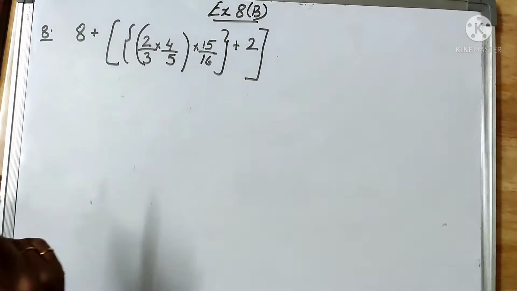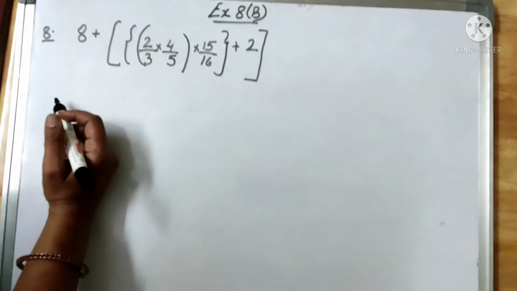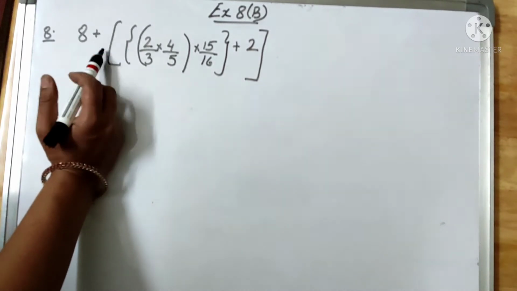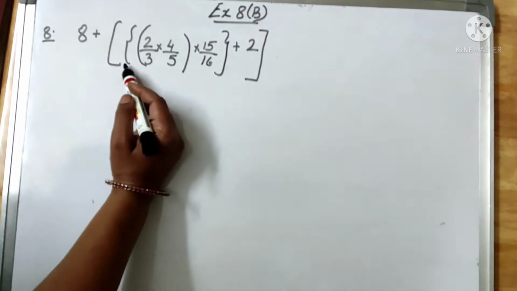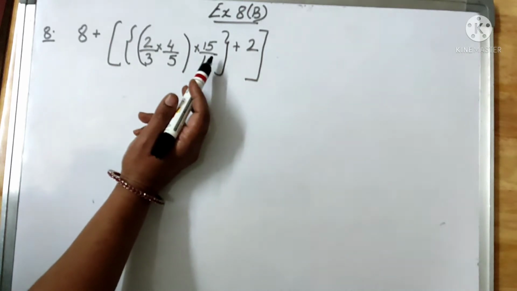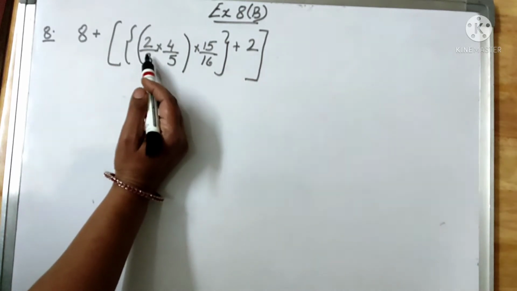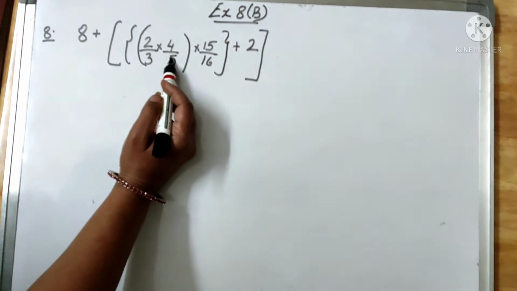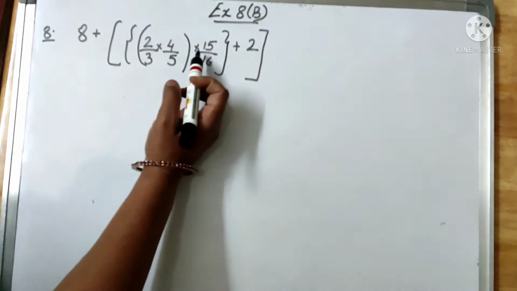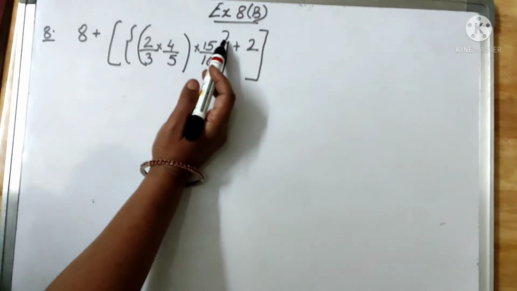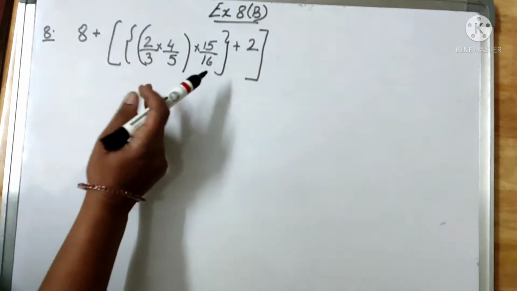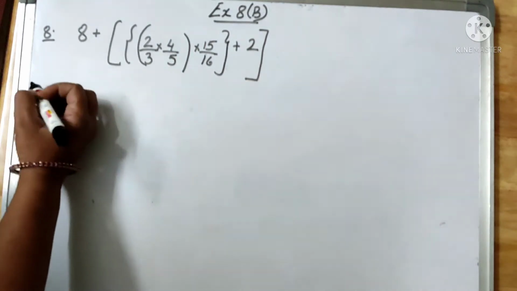Now, let us do the 8th question of exercise 8b. Here, the question is 8 plus square bracket. Inside the square bracket, we are having curly bracket. Inside the curly bracket, we are having one round bracket in which there is an expression 2 by 3 into 4 by 5. And then the round bracket is closed, multiplied by 15 by 16. Curly bracket is closed, plus 2. This is the expression. So, how we do is,